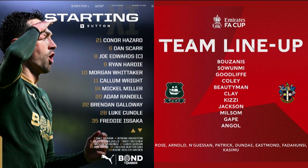Takes the applause from the Argyle Green Army on the far side and applauds them back again. So Randall then just raises a right arm, then raises a left arm. He comes up now, right-footed, plays it flat to the near post for Callum Wright. Into the middle for Morgan Whittaker on the stretch. The ball popped into the air. He got the shot away though. It's cleared away by Sutton United, and Argyle forced backwards to Mickey Miller, but as they do, there's a nasty